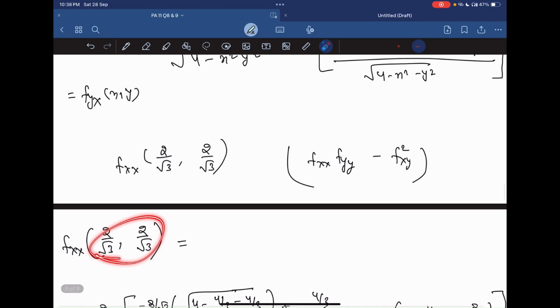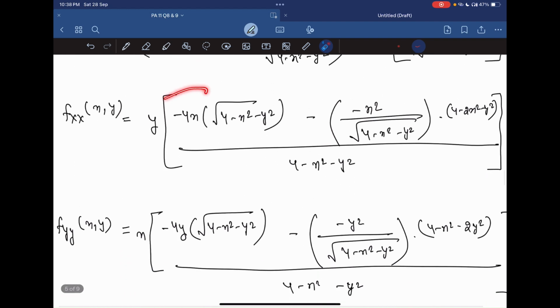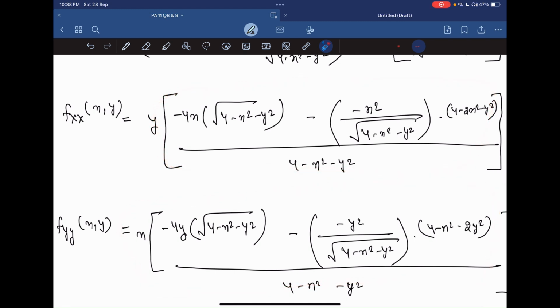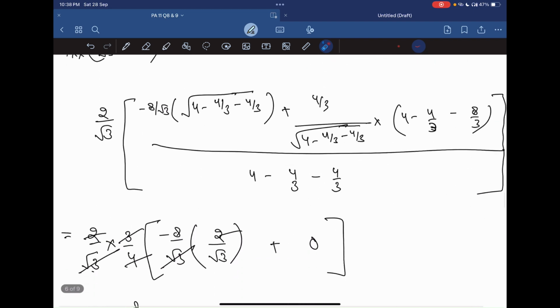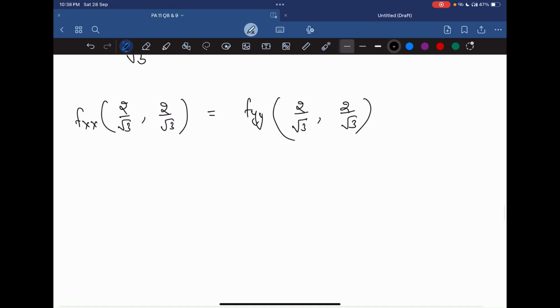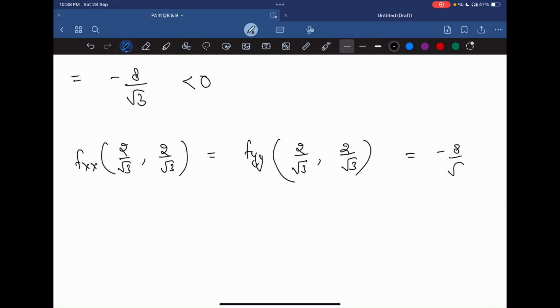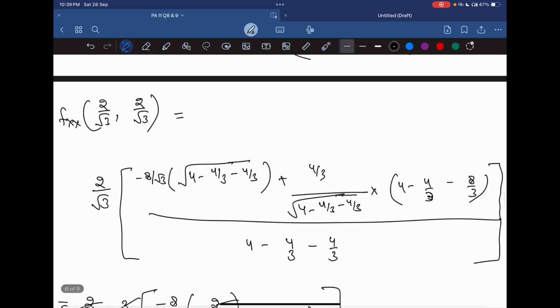Because x and y values are the same, and we can also look at the structure of the second order partial derivative. It's almost the same, and because x and y values are the same, these values will come out to be the same. So this would be the same as minus 8 by root 3. So let's check the fxy value at 2 by root 3 comma 2 by root 3, and this would come out